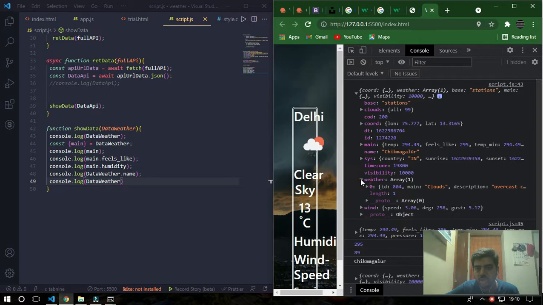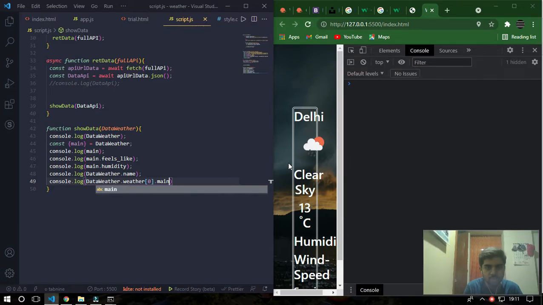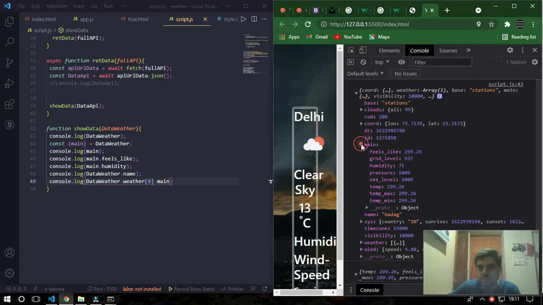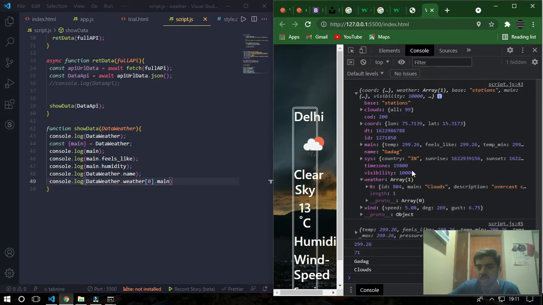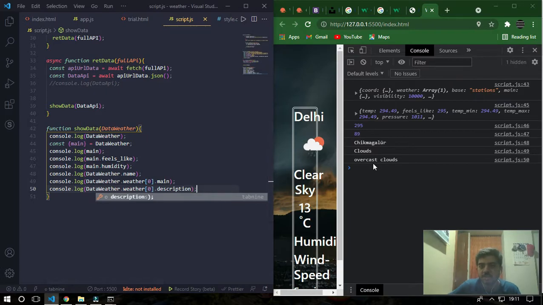So we just do it like this, dot weather of 0 dot main. It will give us clouds. Similarly, if I do weather dot description, I'll get the description of this, clouds and overcast clouds, whatever it may be.